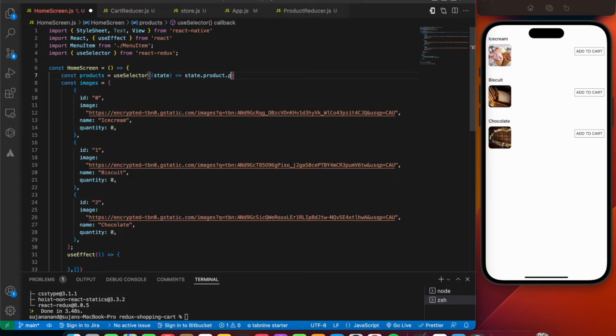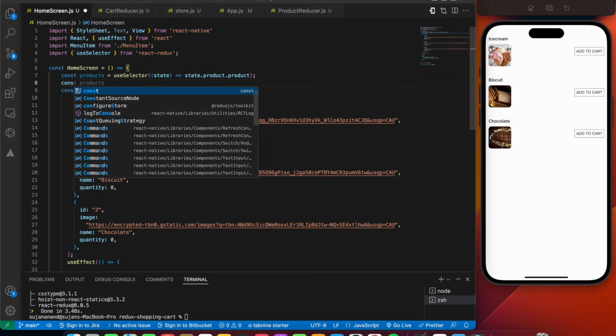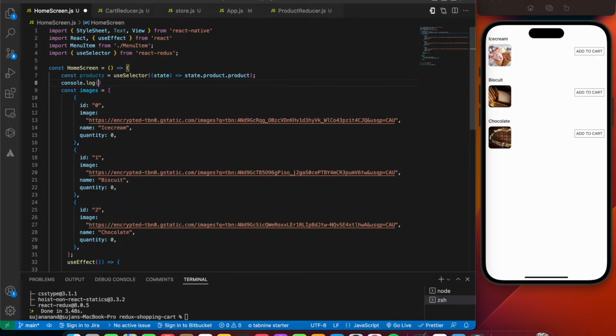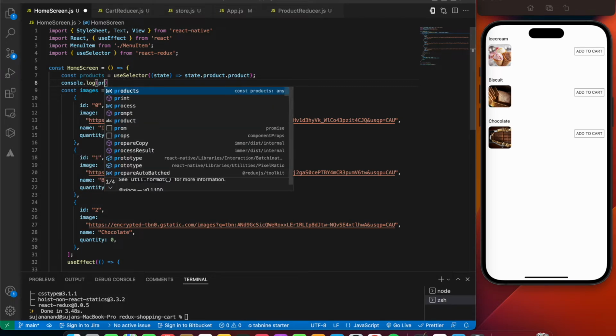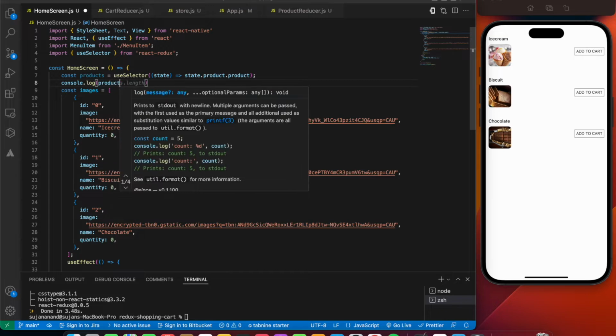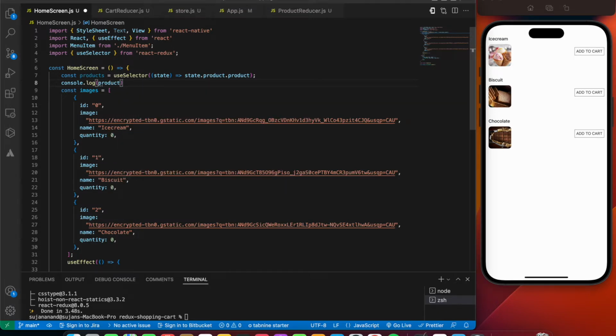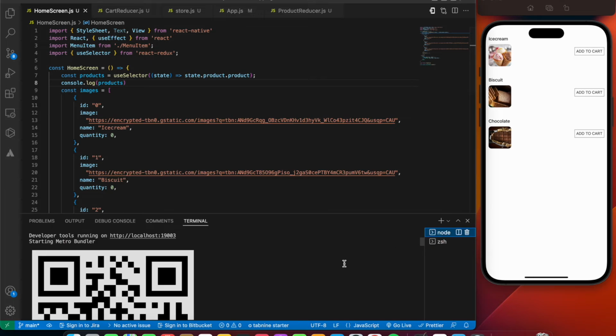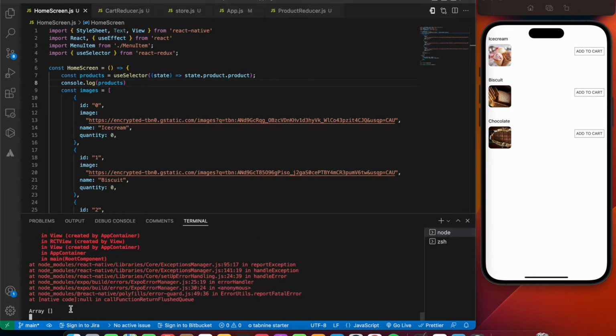So let's write that again. Just to check, let's give a console.log of products, not product. So you should be seeing an empty array. Let's save the file. If you check out our console over here, yeah, as you can see, we are able to see an empty array. Okay, that's correctly working.